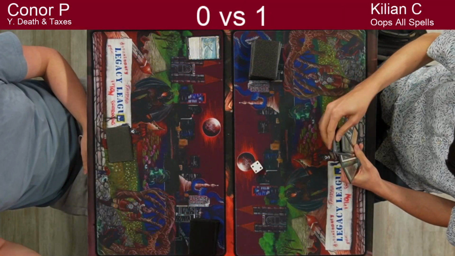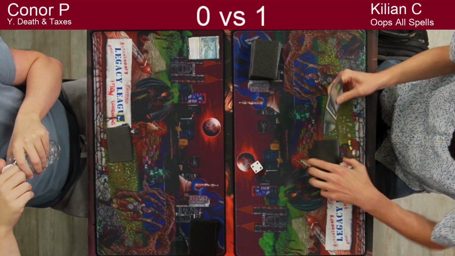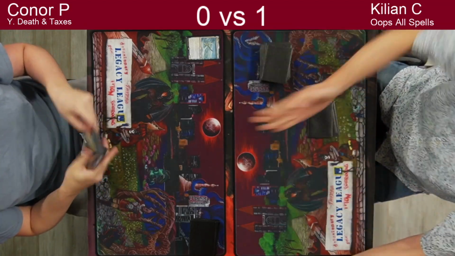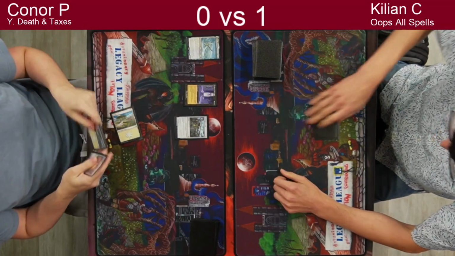Connor's going to be able to play keeping 6. Killian is going to mulligan down to 4, and we'll see which 4 he decides to keep here. Looks like he had a Reanimate in his hand. He's putting back. Alright, we'll see Connor lead off with a Leyline of the Void pregame effects into a basic